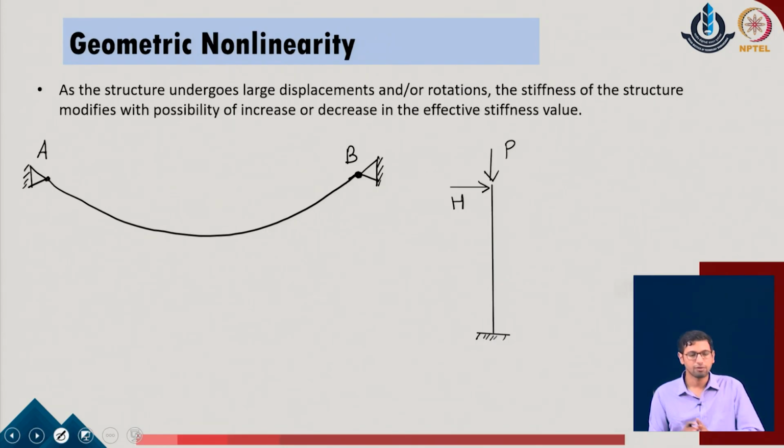Now, with this idea in mind, we start with the first discussion, which is the geometrical nonlinearity in the system. So, as we said, the geometrical nonlinearity is typically a way in which the system changes its stiffness as the amount of the displacement changes in the given system. So, the systems which are subjected to the large displacements typically show the change in the stiffness values with respect to the large displacements of the given problem, as the stiffness value can increase or decrease both ways.